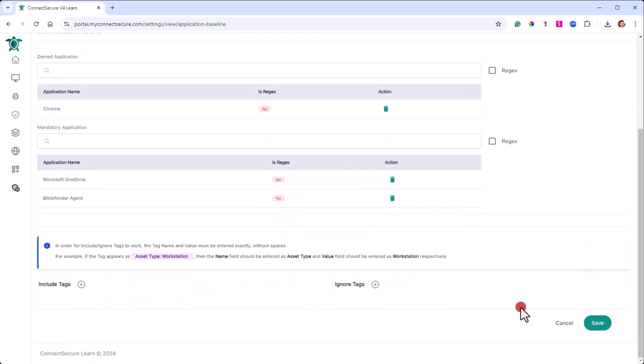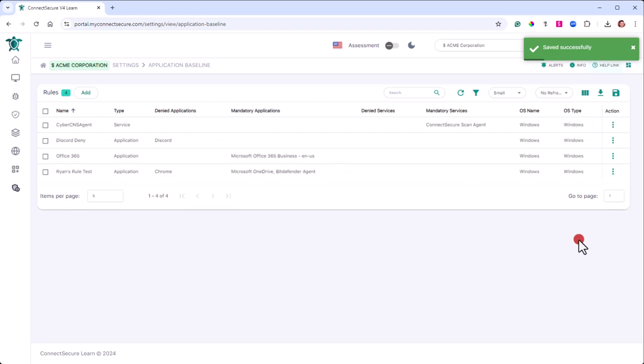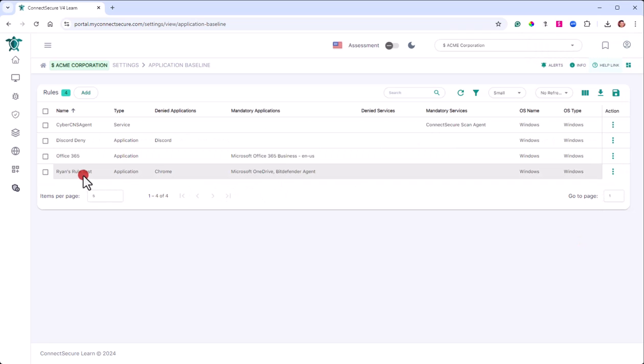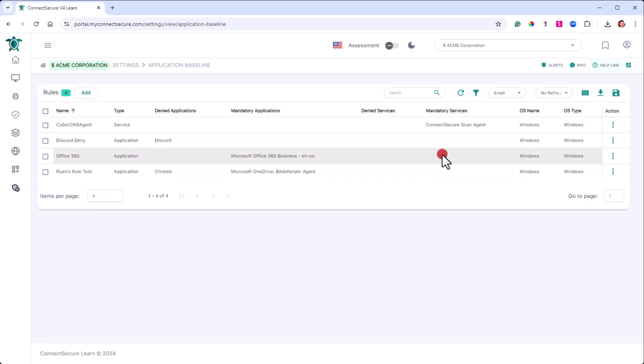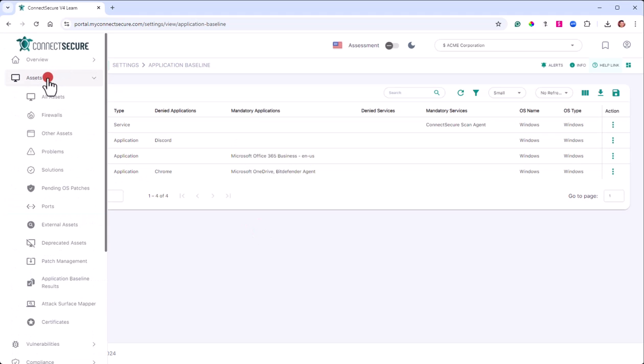And once those rules are made, you'll just give that a save. That'll build the rule. You'll get a small preview of the rule here. And you can see denied apps, mandatory apps, denied service, and mandatory services alike. And those are ran during the lightweight agent scans. So as the lightweight agent scan runs, it will pick up these changes, and you will find those displayed under the Assets Application Baseline